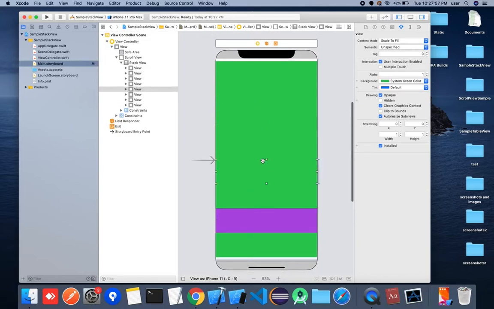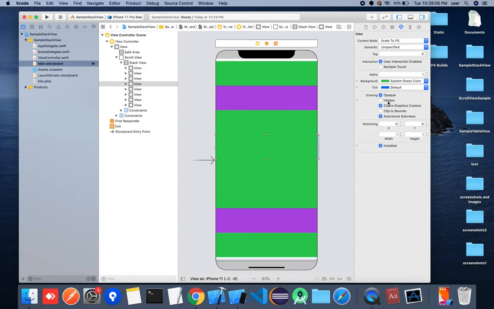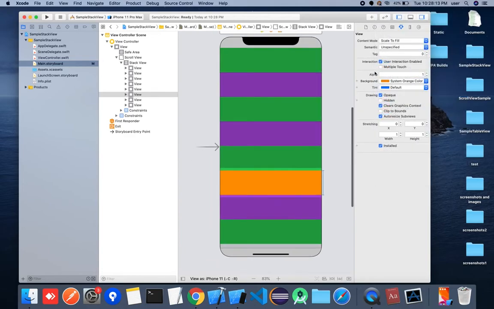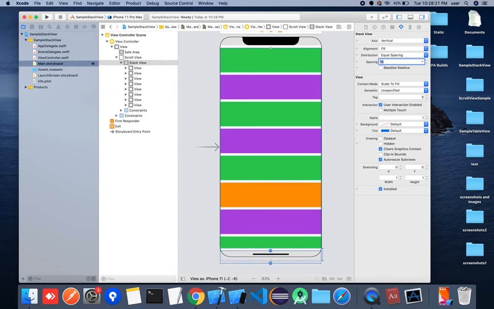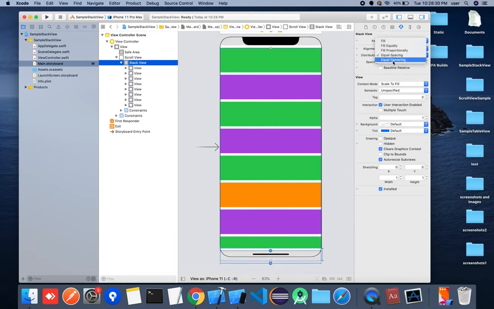The stack view behavior will be such that as it's all green everywhere, we are not able to see the differences. So every view is having equal size. So equal spacing. Similarly, if we keep equal spacing, then we need to determine the space here, then only we can see the difference. So it will automatically create the required spaces. So this is another thing here. Equal centering is similar to the equal spacing. It will be equally centering all the elements here.